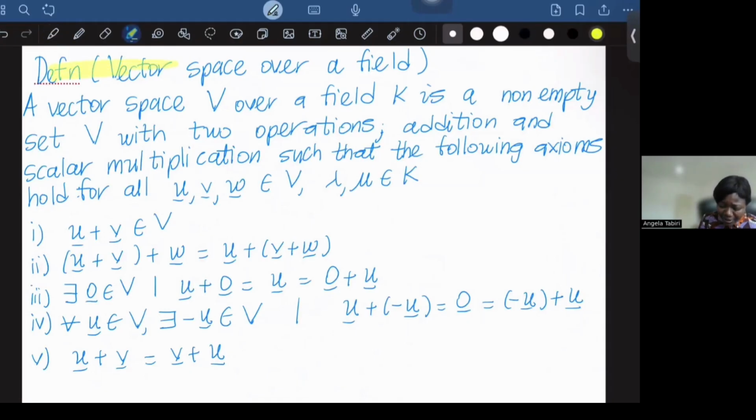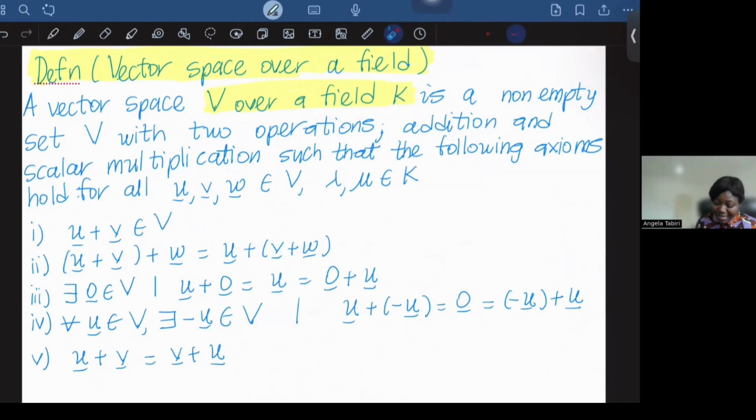Now, what is a vector space? We define a vector space over a field. So the scalars that we were scaling our vectors with come from the field that we defined previously. So a vector space over a field is first a non-empty set, right? We need your set V to be non-empty,